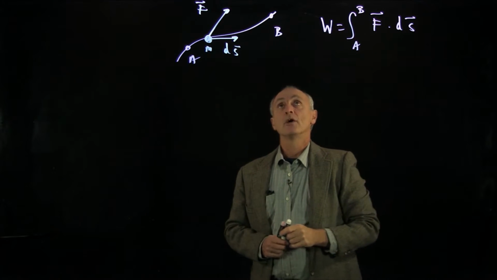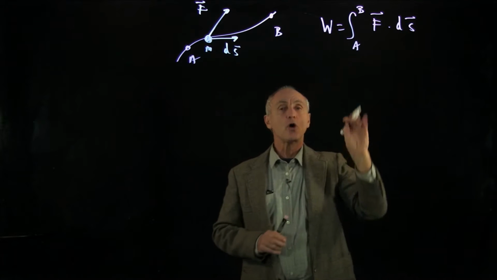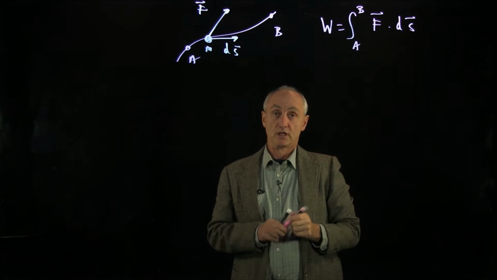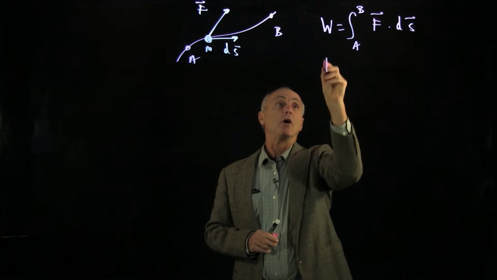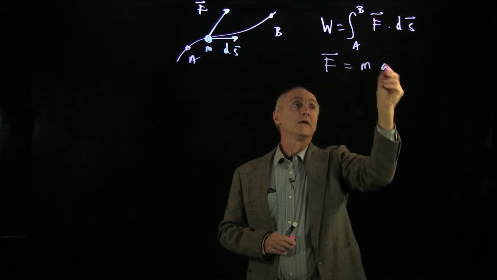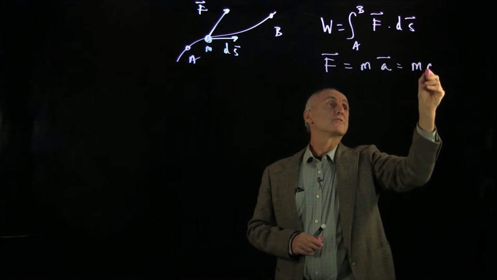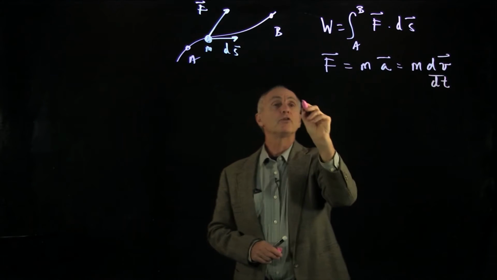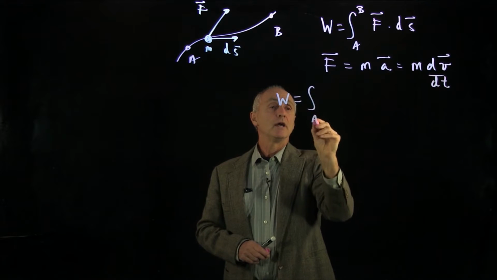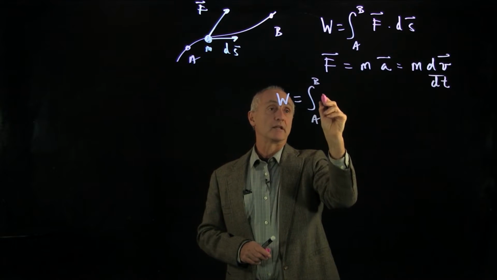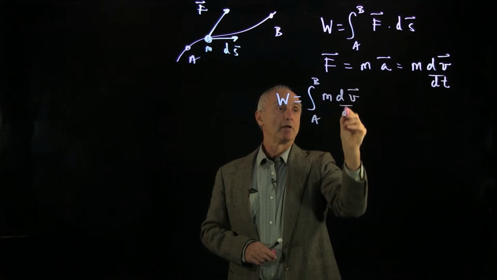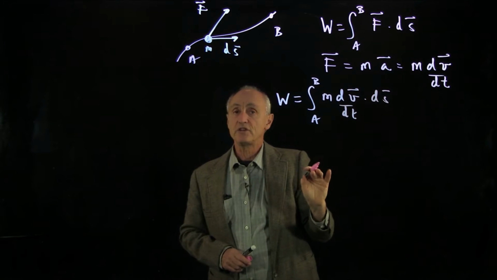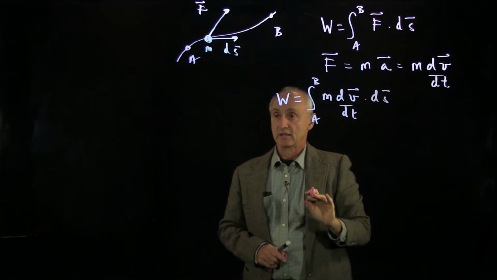in kinetic energy. So first off, it's always important when analyzing a new result to understand where Newton's second law comes in. And for our point particle, Newton's second law is that the force is equal to ma, which we can write as mass times the derivative of the velocity. And so our first step is to rewrite the work integral, and now to incorporate Newton's second law into this integral. So this is no longer simply a concept of physics, but it's combining the second law and our definition